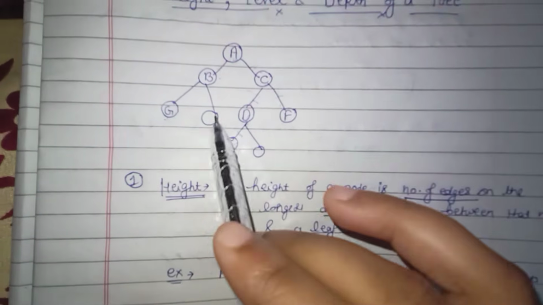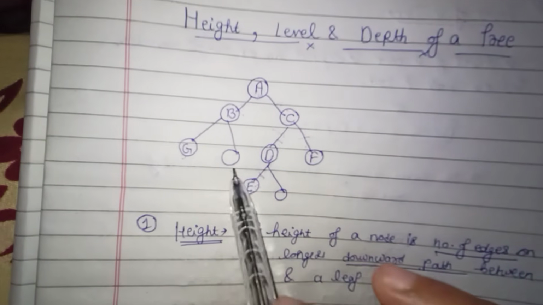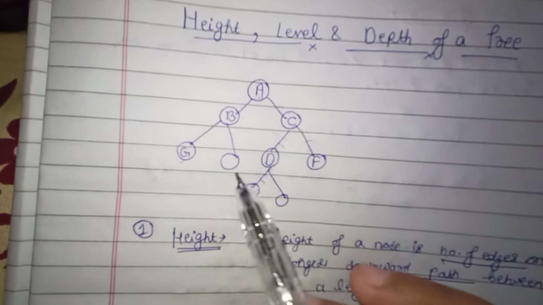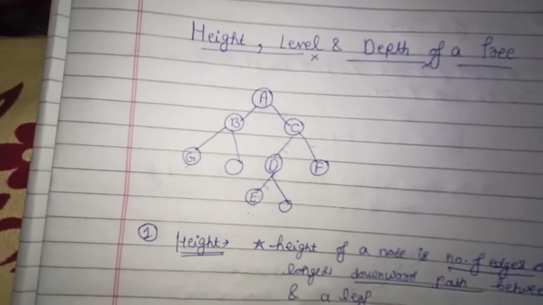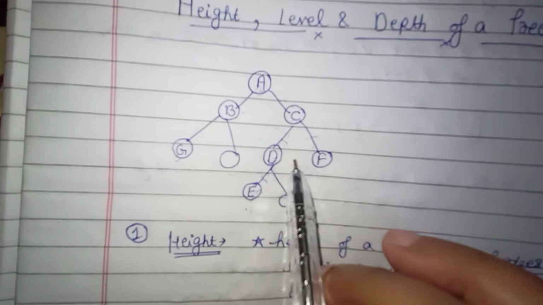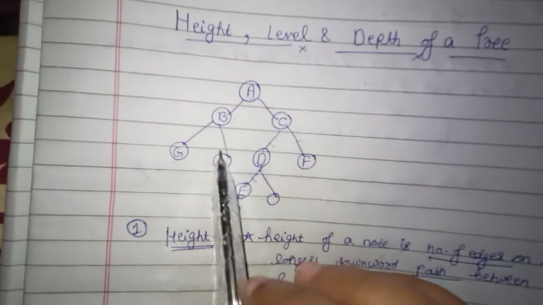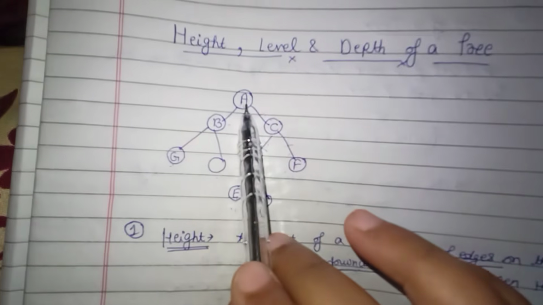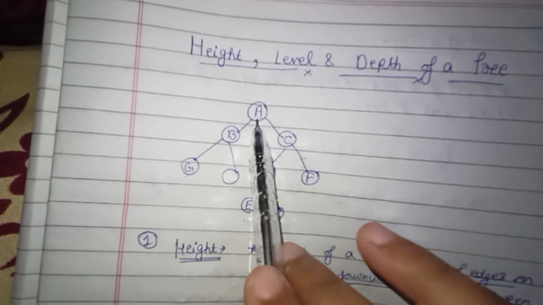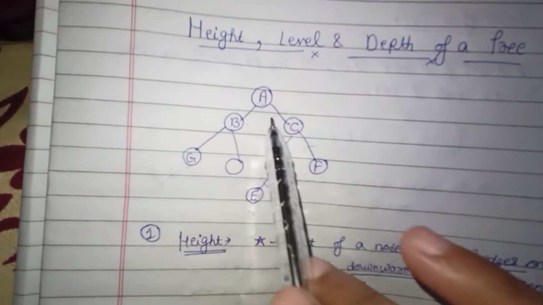Okay, and now if I talk about the leaf nodes G, E and F, they will always have height 0 because they are themselves the leaf nodes. So we can't go below them. So the heights of leaf nodes are always 0. And if you are asked generally what is the height of a tree, the height of the overall tree is the height of the root node. So the height of this tree would be the height of A, because A is the root node in this case, and so we can say the height of this tree is 3.